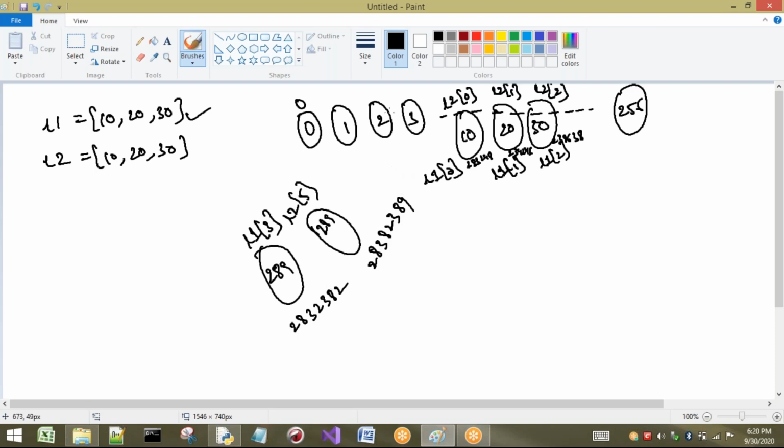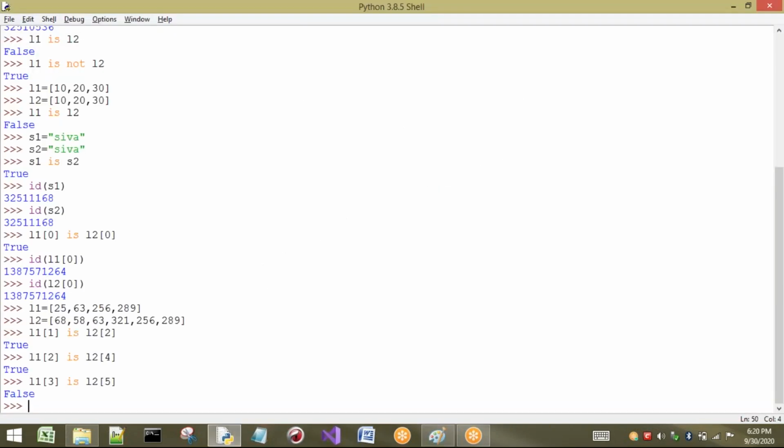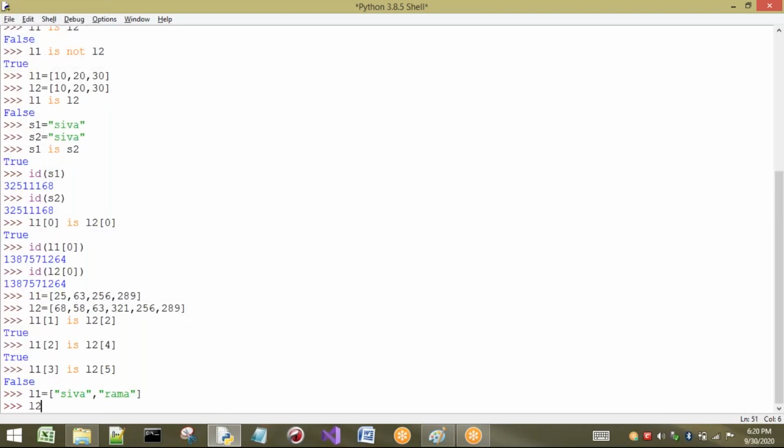Okay, right. Now I want to show you for the strings also. That is, let us take strings. What happens? For every string, the same object is going to be there. Okay, let us take only two values. Now I'm going to take L2 equal to... Here there is no restriction.